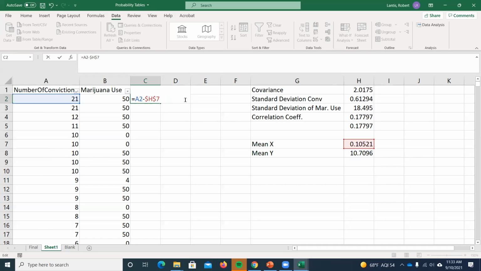Questions on anything up to this point? Okay with all this so far? Honestly, a lot of this stuff we've already done, but